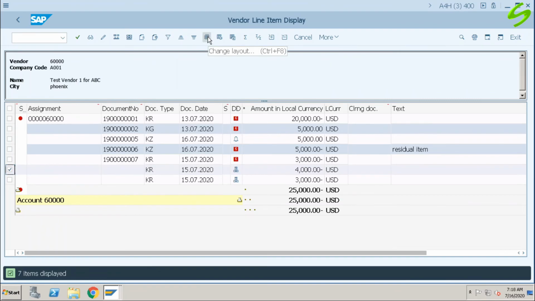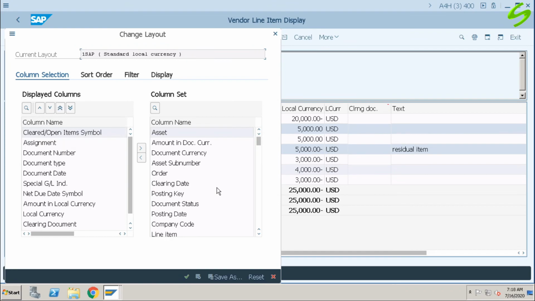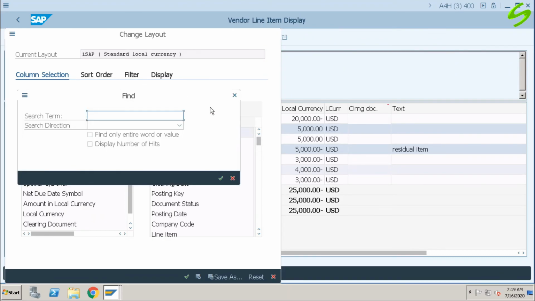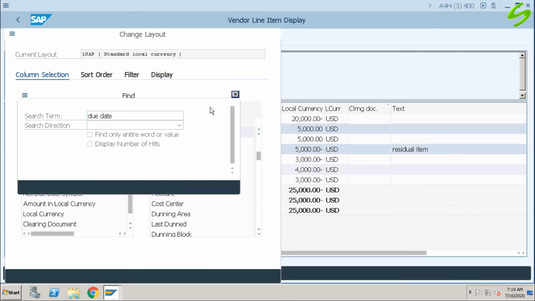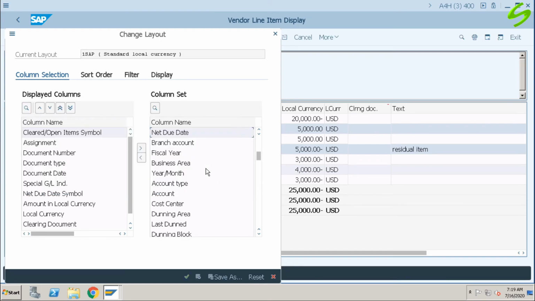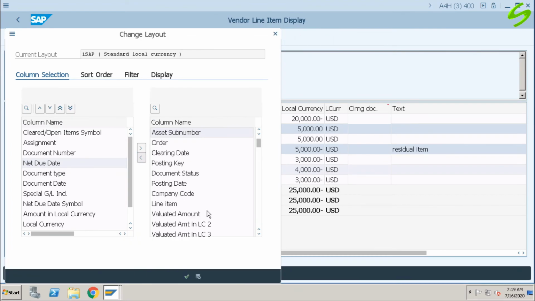Let us go to change layout and search for due date. Let me copy the due date after document number, and adopt.